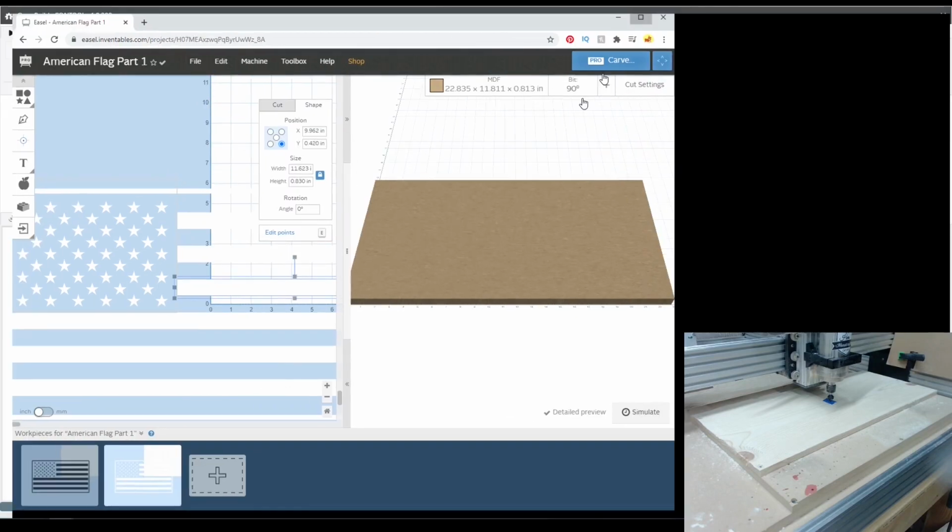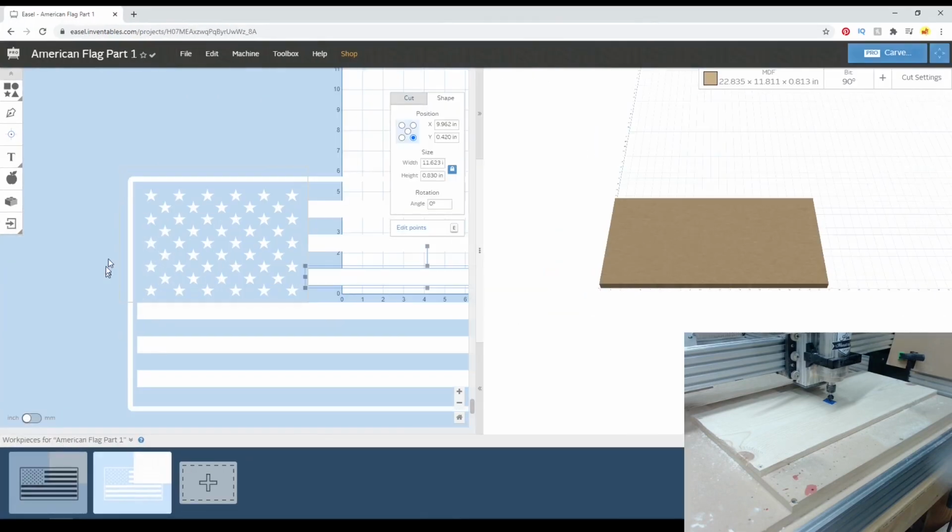that we extend past the flag itself. So it should go off of my wood, and that's fine. I'm just going to cut the whole shape out. You could block this out and only cut off like the corner, but I'm going to do this whole thing because it's just going to be faster. So I'm just going to cut that out now, and